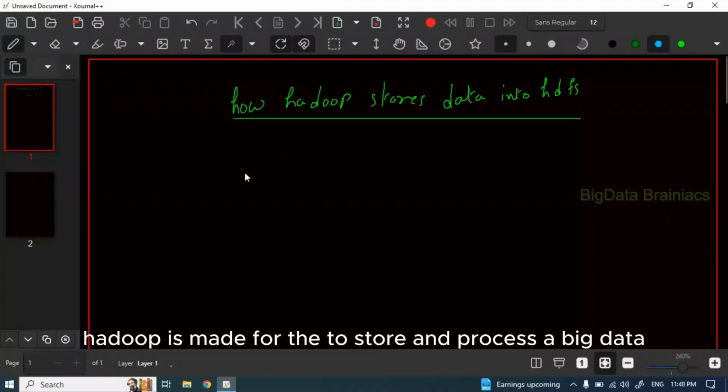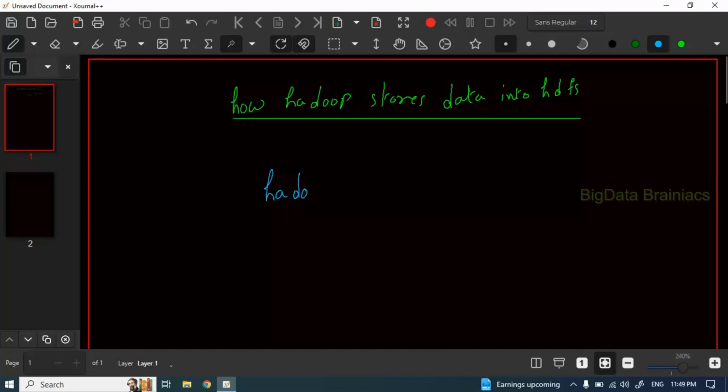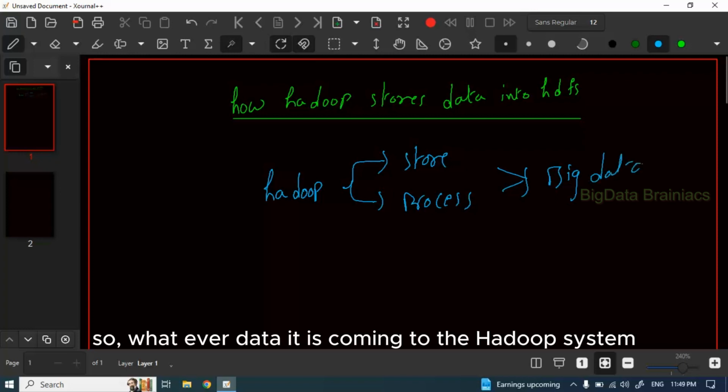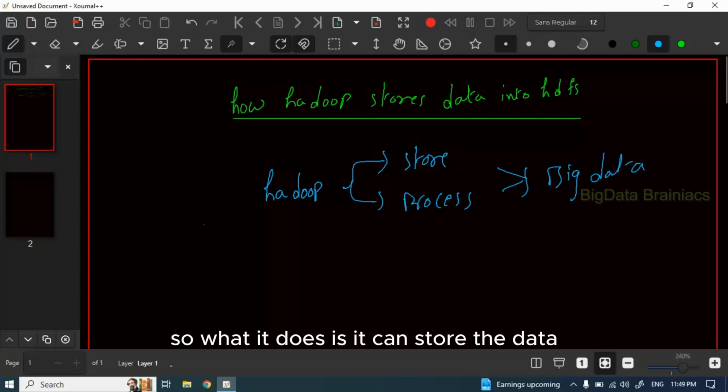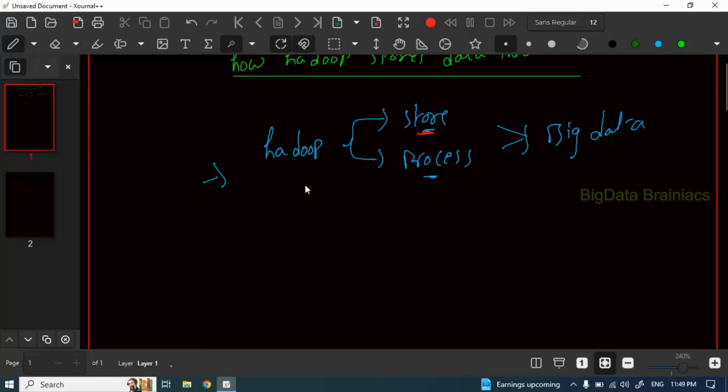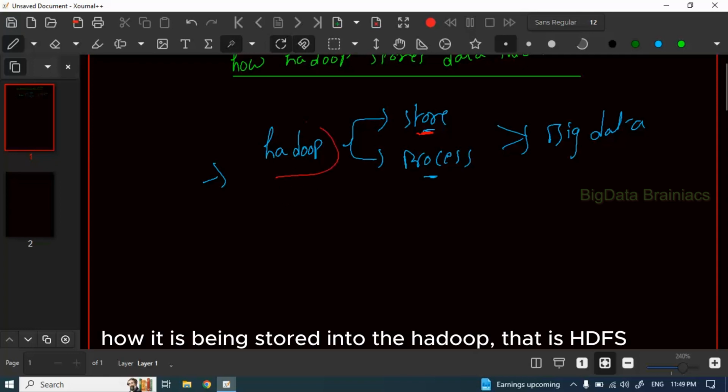So basically Hadoop is meant to store and process big data. Whatever data comes to the Hadoop system, it can store the data and it can process the data. Now we are going to discuss how the Hadoop system is storing the data, whatever data is coming to the Hadoop system, how it is being stored into the Hadoop, that is